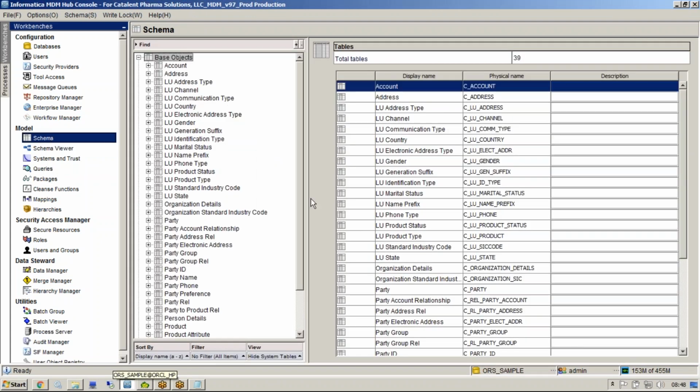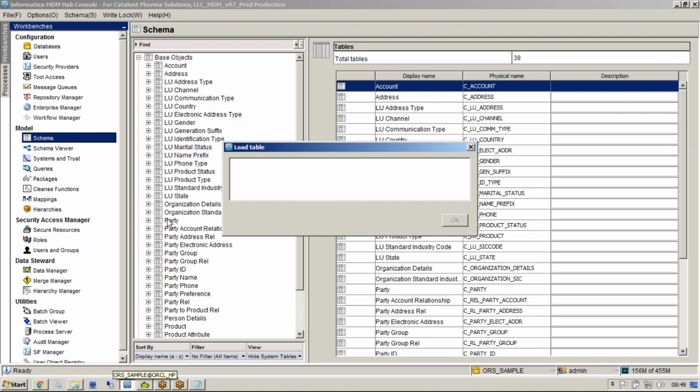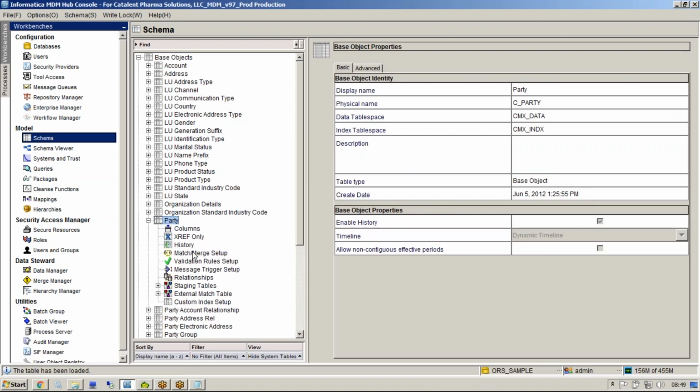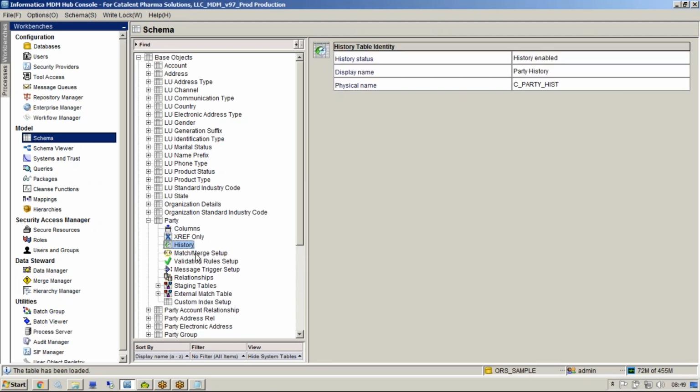Informatica knows this using the match path. So in the party table, if I go here, then match mode setup, and if I go to the match path,